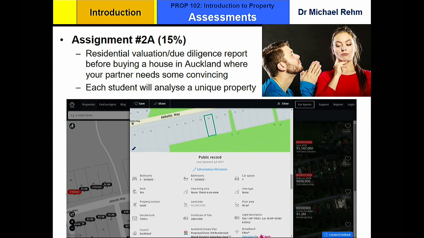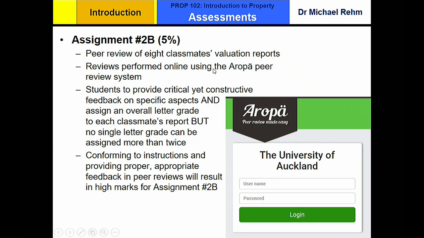And I make it really lovely for you. I'm all about trying to stop plagiarism and stuff. Not that you're all going to do that, but I assign you a unique property, every one of you. It's a bit of a pain for me, but it kind of ensures we're all honest with one another. So everybody's going to get your own assigned property, and so your property will be unique. Anyway, we'll get into this a little bit later in the semester.